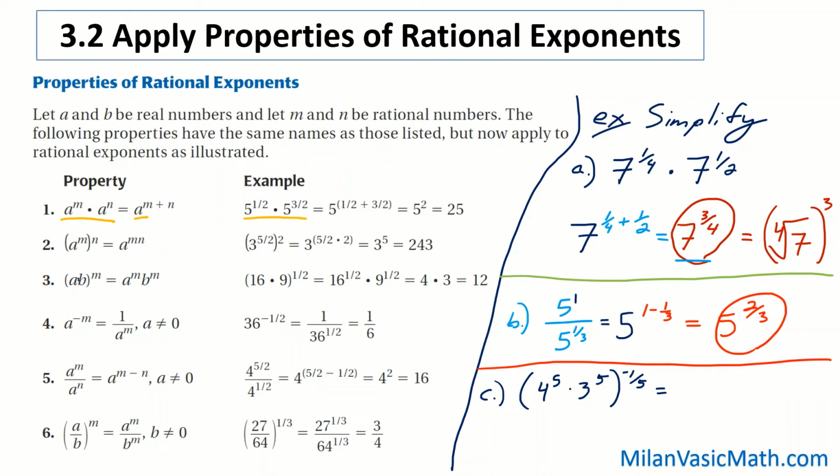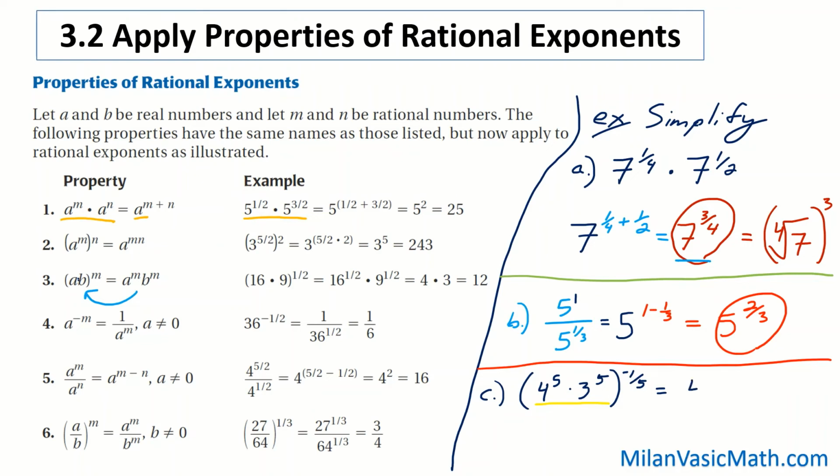Last example for this section, we have in parentheses 4 to the 5th power times 3 to the 5th power, close parenthesis, raised to the negative 1/5 power. If you look inside the parentheses, it's the opposite of this rule. So we could take that 4 to the 5th power times 3 to the 5th power, and because they have the same exponent,